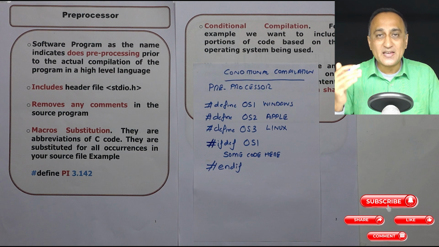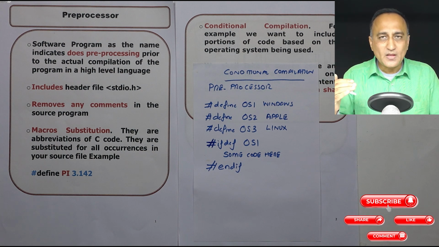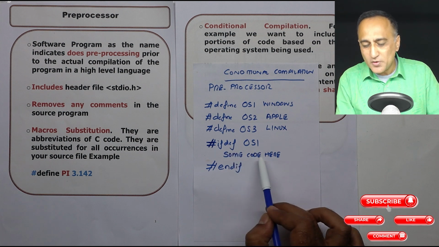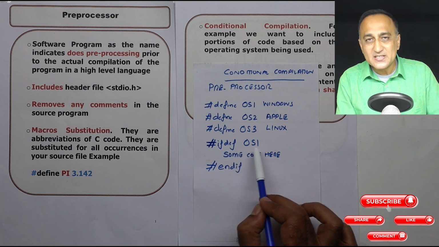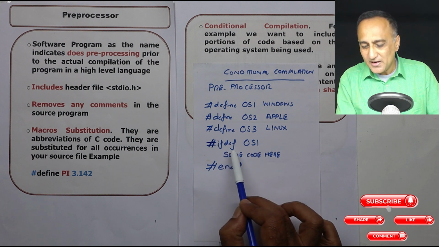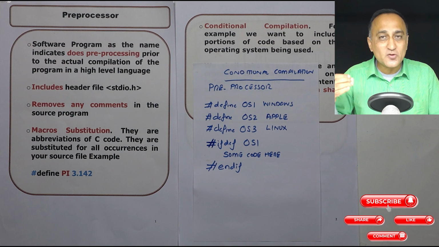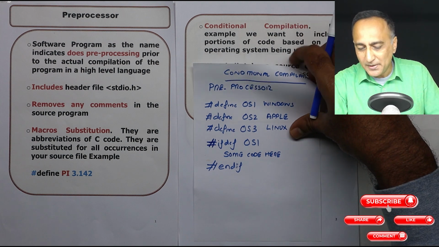I can give you another example of conditional code. Say, for example, my software program is being used in different Indian languages. So here I can say, #ifdef language is, say, Hindi, the code is different. If the language is, say, Marathi, the code is different. If the language is Bhojpuri, the code is different. So based on the language the user selects or wants to use, that particular code will get compiled. That's what we mean by conditional compilation.